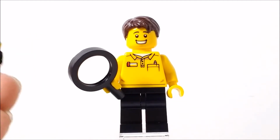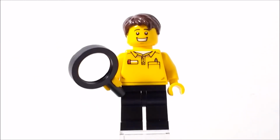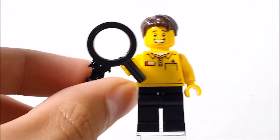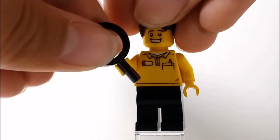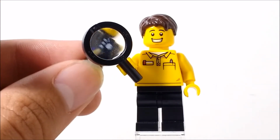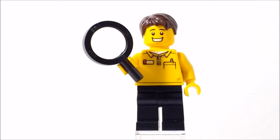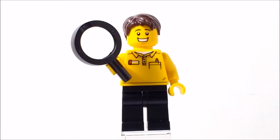going to take one of these micro figures, take the policeman, and put it up to there. It's a bit hard to do on camera, but I'm going to try. You can see it does work in some way. Maybe I need to reverse it like that. There we go. You can see his face there, and then his torso print. It sort of works. Ah, that's better. You have to go a little bit closer. But yeah, it's one of those that actually works, and it definitely is very fitting with a set that includes these micro figures. But that's pretty much it for this guy, so let's take a look at the actual micro